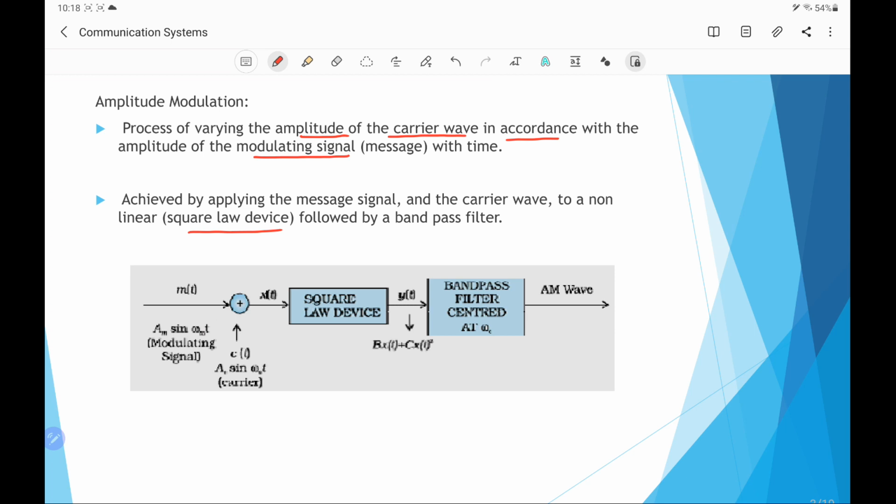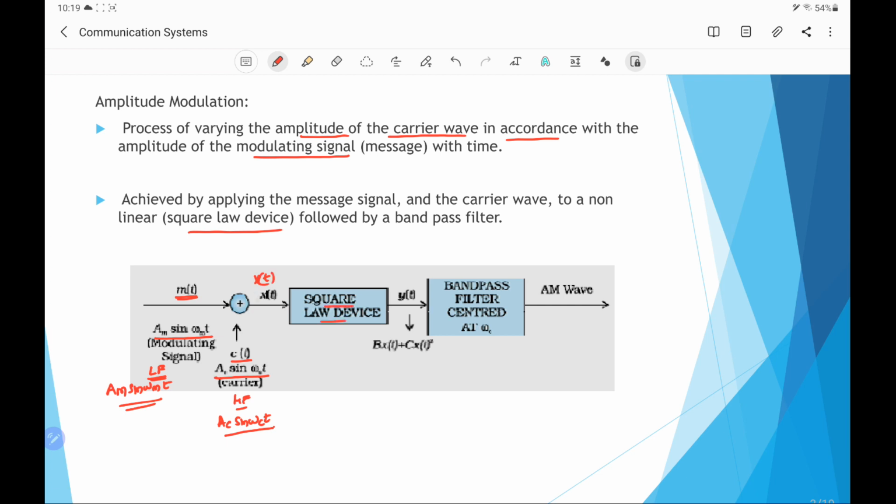If we see the diagram, it is the message signal m(t). This is given by Am sine omega mt. This is a low frequency signal, and it is mixed with the carrier signal, which is a high frequency signal, written as Ac sine omega ct. This is the carrier signal, while the modulating signal is Am sine omega mt. These two are mixed, and after mixing we get the signal x(t), and this x(t) is applied